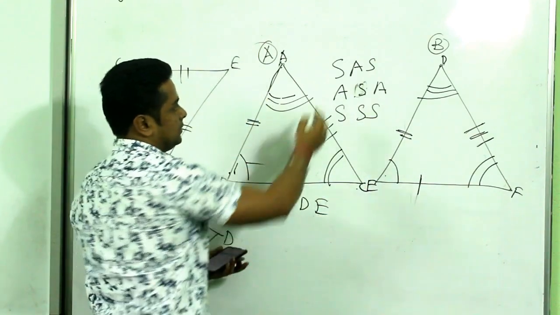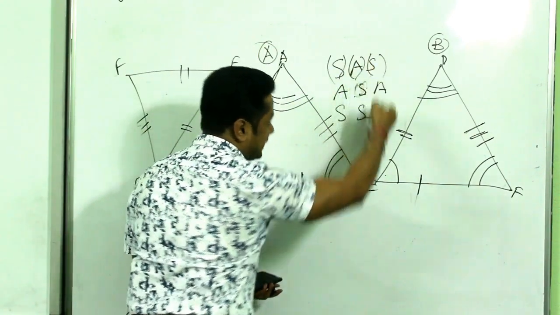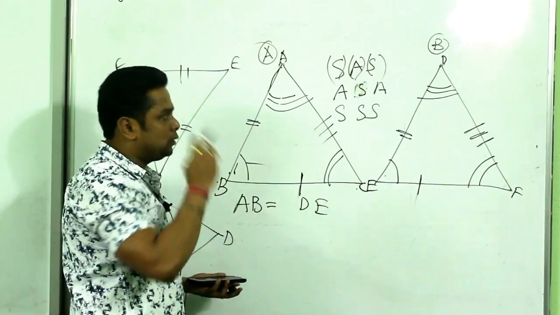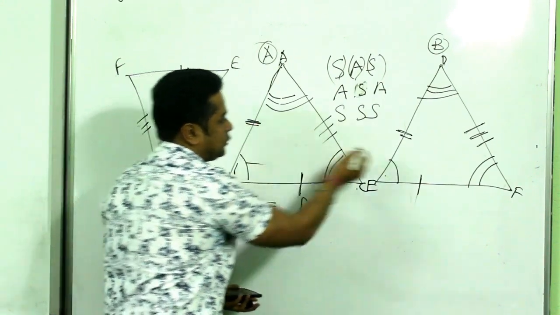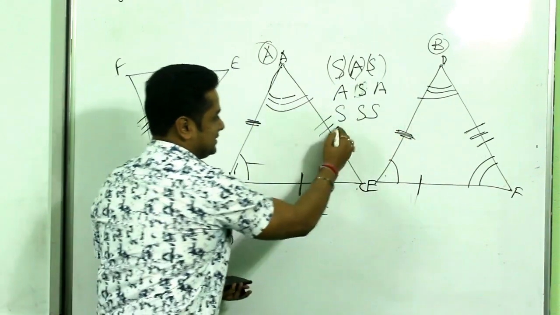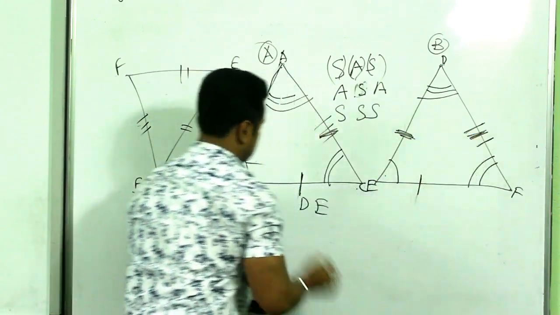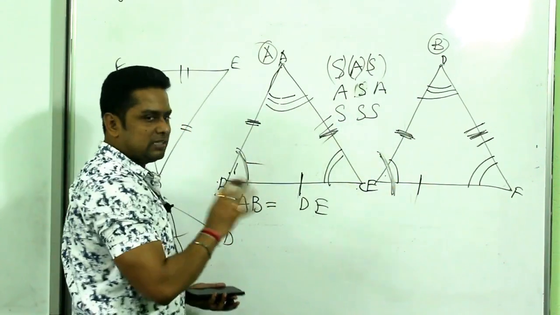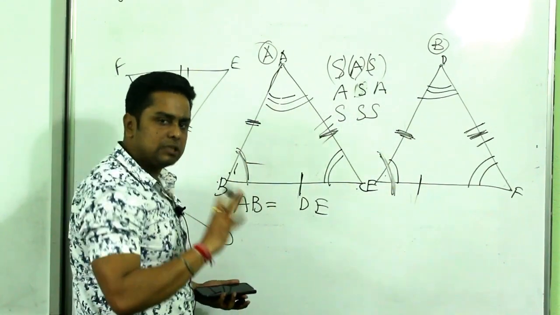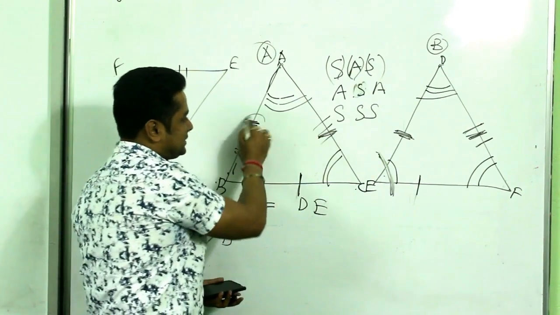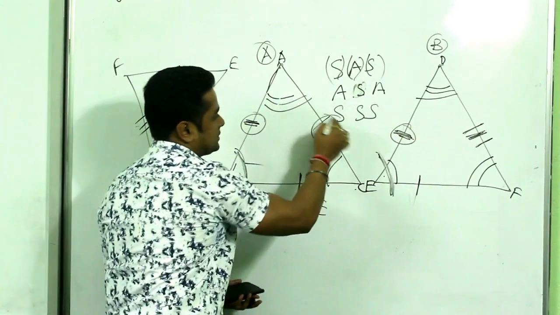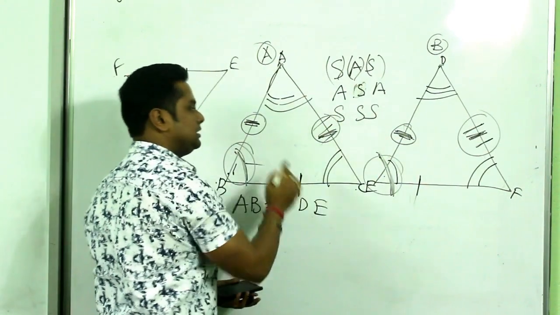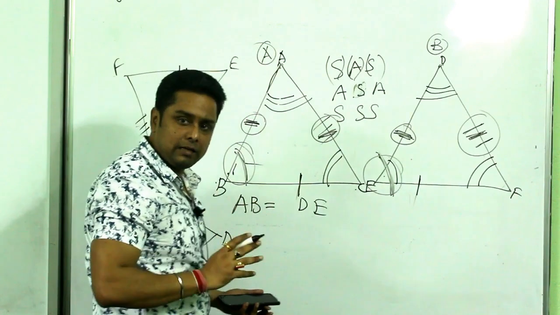What is this? Side, angle, side means, suppose they give you a figure where you come to know, oh, this side is equal to this side is equal to this side, and this angle is equal to this angle. Other points they are not given. They have given such a problem where you come to know that this side is equal to this side is equal to this side, and one angle is equal. That means these two triangles are automatically equal.